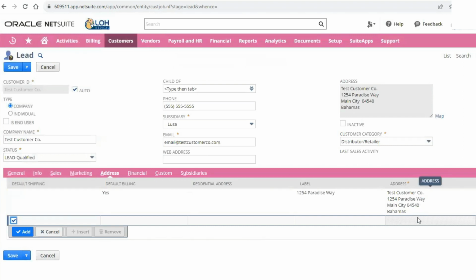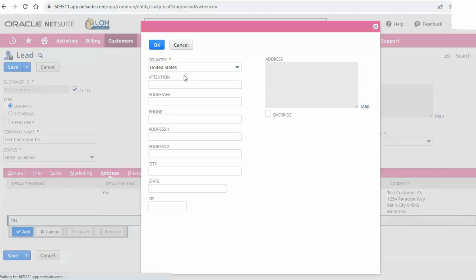Okay, so you can see the entity's registered address is here and it filled in the box here. So the shipping address is typically in the United States. You're going to want to add it.